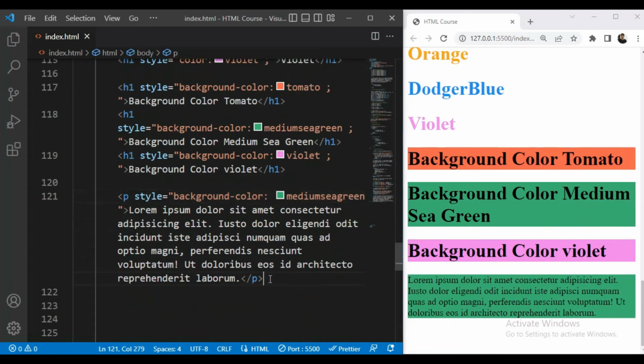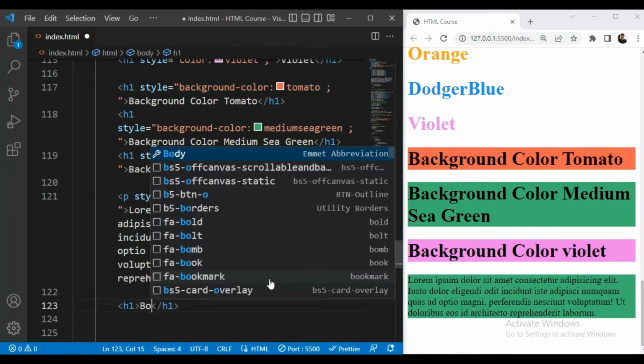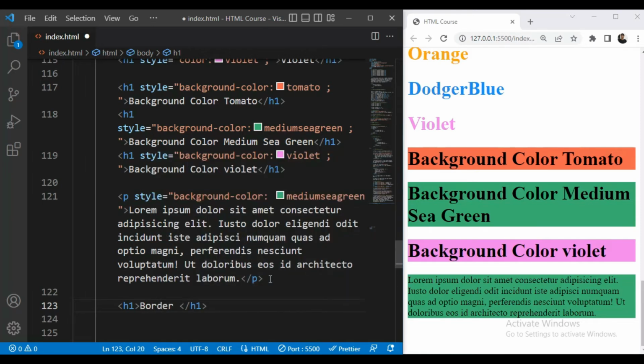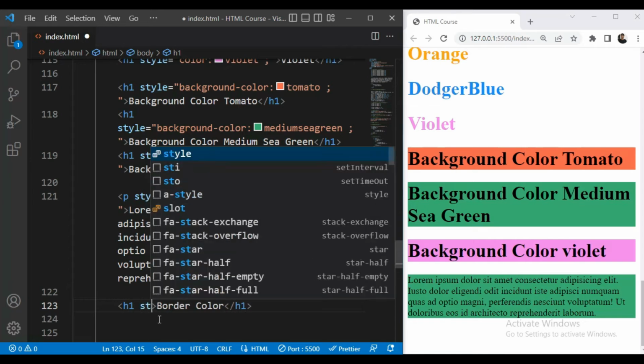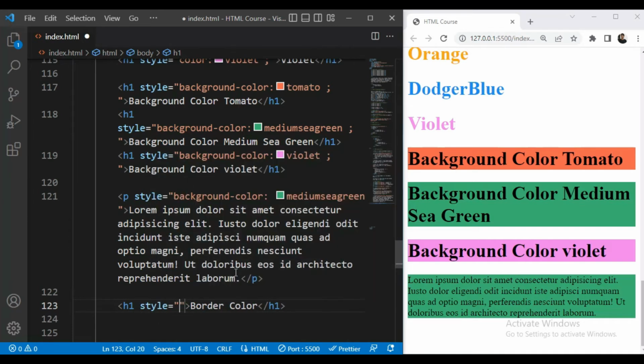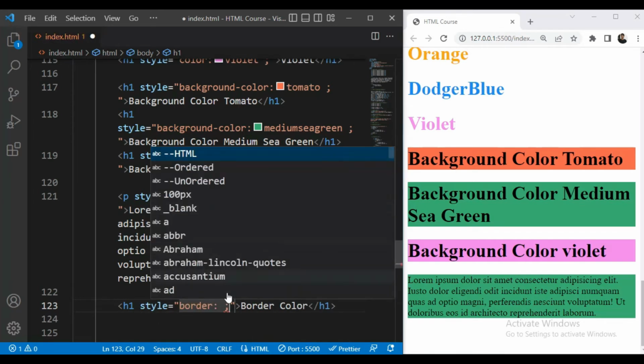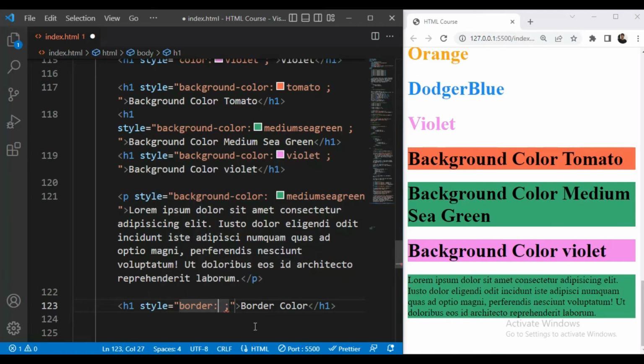Okay. Then next we will see the colors for borders. I will take H1 and give it some content, border color. Here we will add the style attribute and add the border, and here we will give 1 pixel solid red.